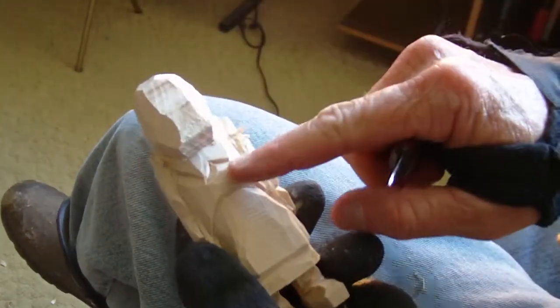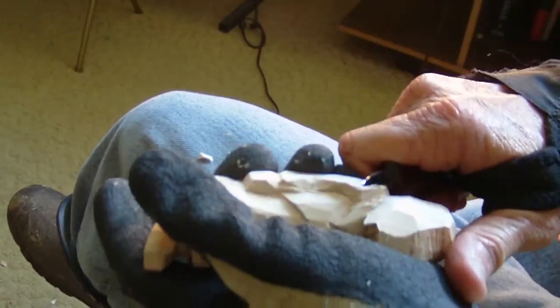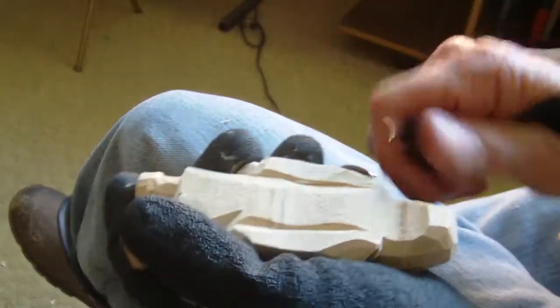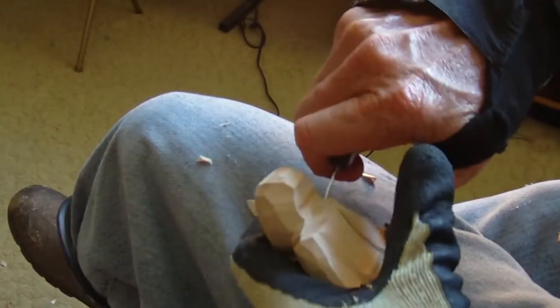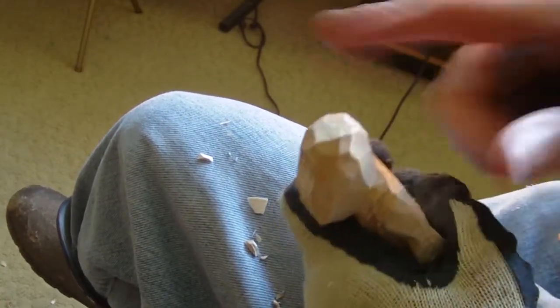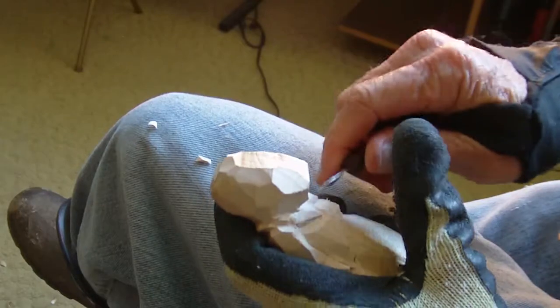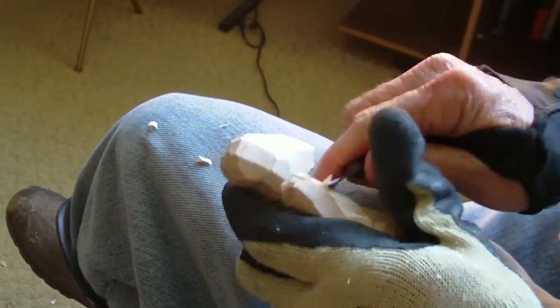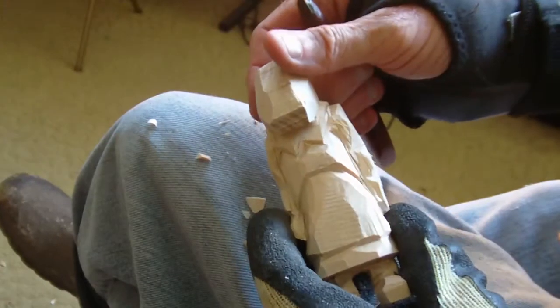All right, as we said, we went with the collar here. We're going to go ahead and make our cuts for the collar. We were working on the arms. The collar comes back around here, and around here. Okay, this is the collar